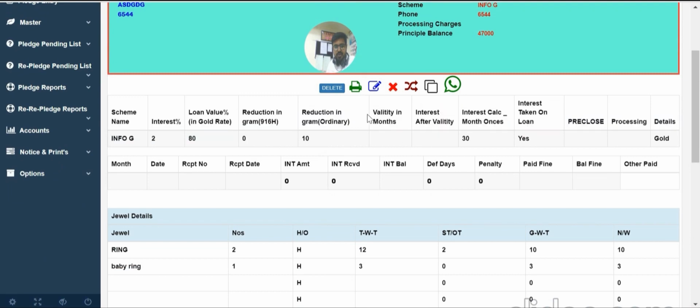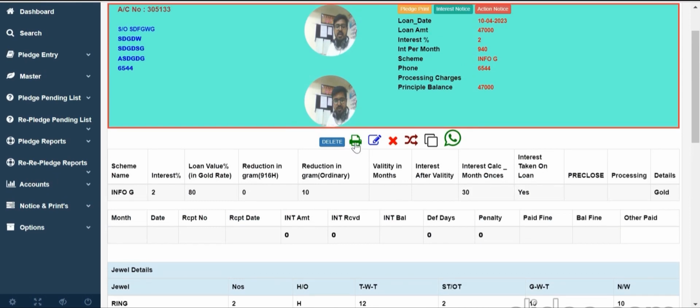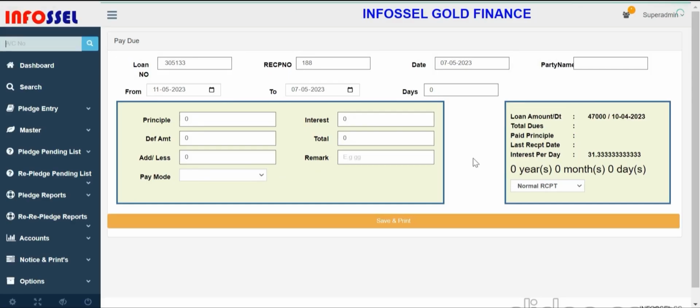If the customer is paying the due, you just click this print button here. So the due will be automatically calculated. If the date is 7/6, it means 30 days. So 1 month interest is automatically calculated as 940 rupees. If the customer is paying any part amount as principal, you can pay 7,000. He is paying the principal amount, so automatically